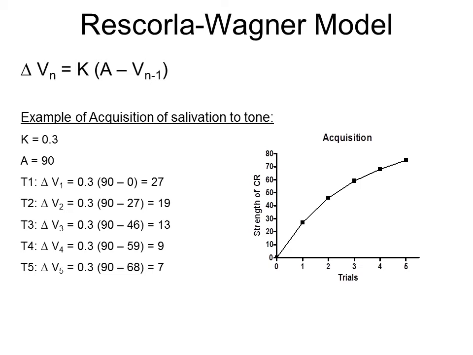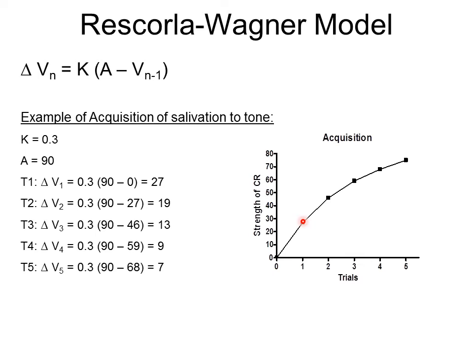On trial 0, prior to conditioning, the associative strength is 0. So our starting point here is the origin of this graph. But after the first trial, we get a change in associative learning of 27 units. So as of trial 1, if we were to stop right then and there, we would have increased the associative strength of that particular learning situation by 27 associative units. But we didn't stop there. We went on to trials 2 through 5, and so let's plot those as well.